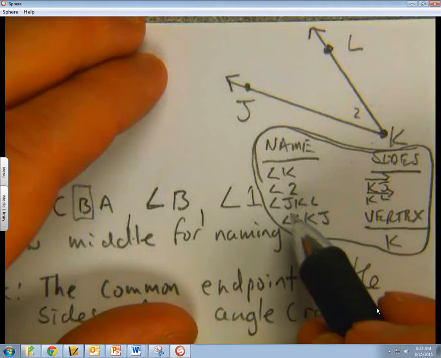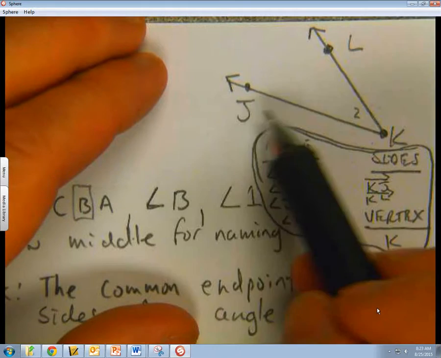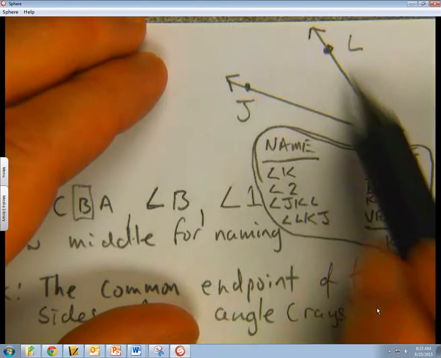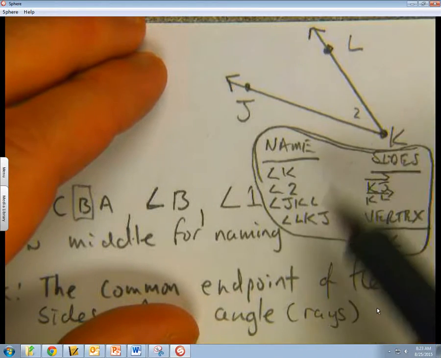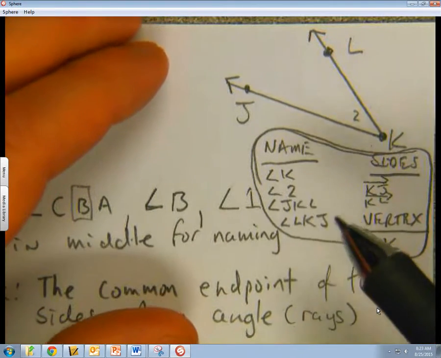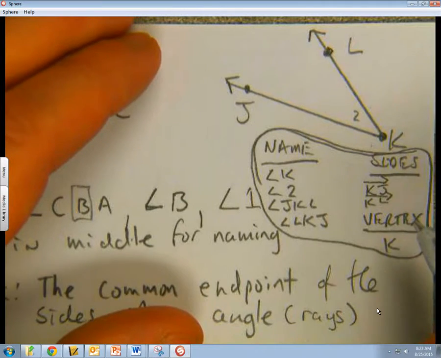JKL is right here, JKL. Okay, and then we also have LKJ, so this way. So those are the 4 ways to name it. The sides, we have KJ